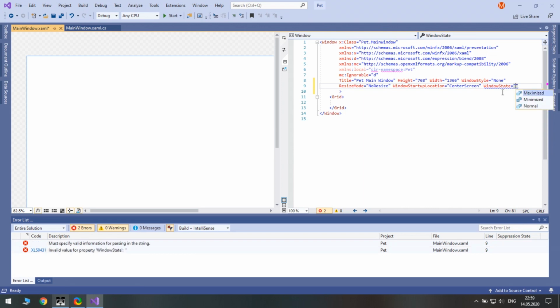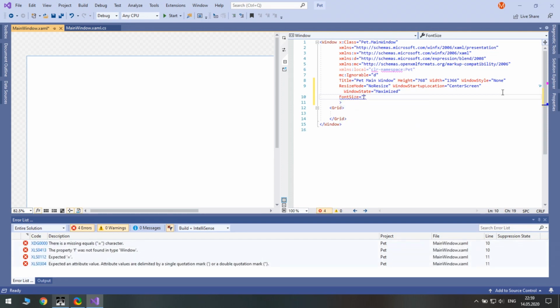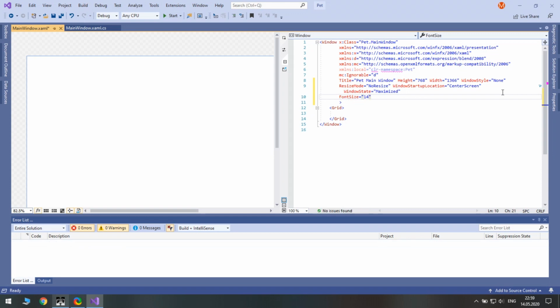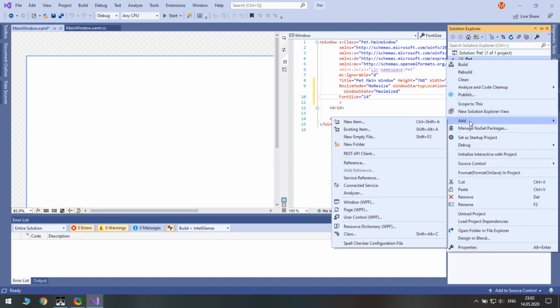We will start maximized, so that it looks more like a game. And we also need to increase the default font size. I took a special font which will be used throughout the game. You can download it following the link in the description.